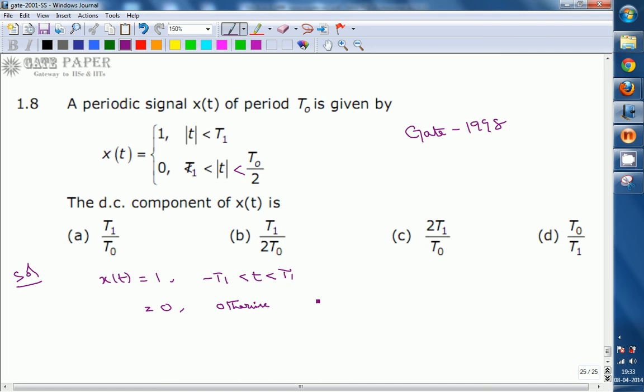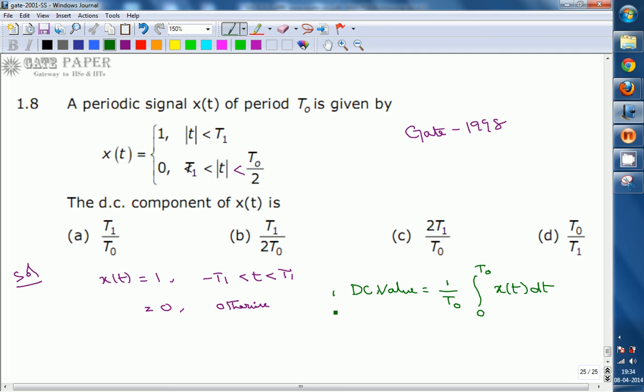So the DC component of x(t) is obtained as follows. The DC value is nothing but the average value over the period. Let us consider the period is T0 for the given expression. This is 1 by T0, the sum divided by the total value. So the sum is obtained by taking the integral over 0 to T0 of x(t) dt, divided by T0, the total value.